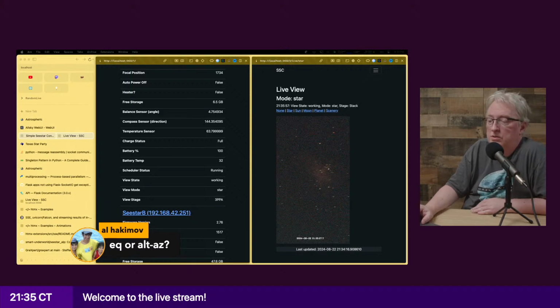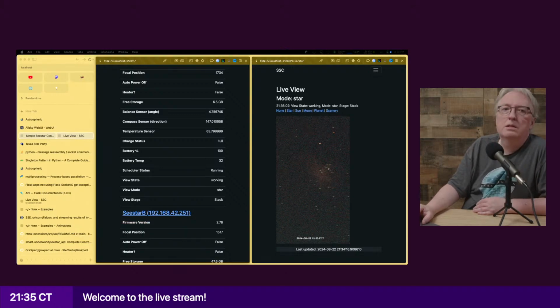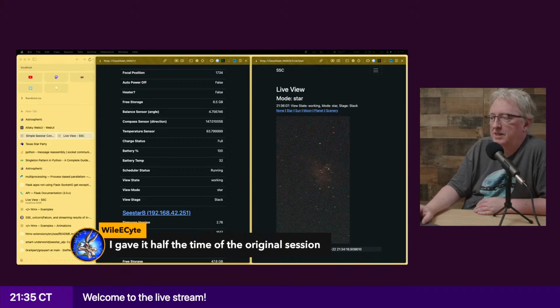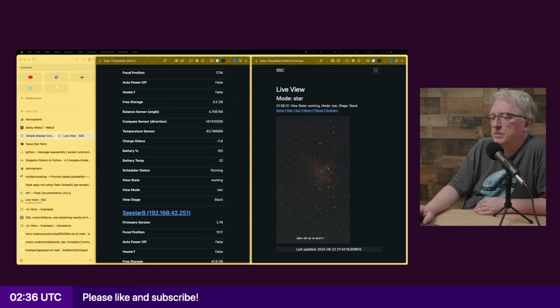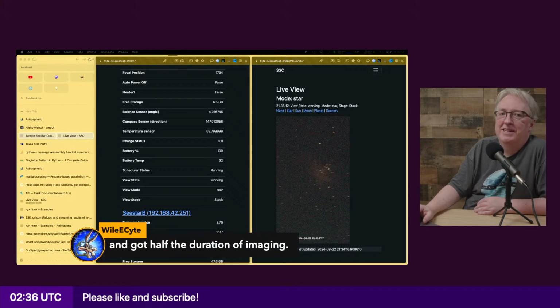What I'm doing is just Alt as. Oh, you gave it half the original time. Okay, yeah, I could see that. Yeah, and got half the duration of the imaging.